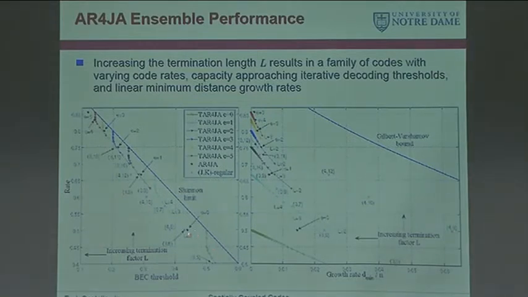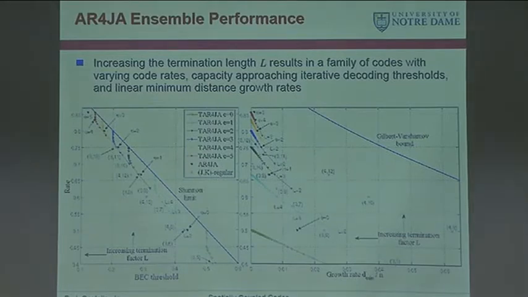Here's the threshold of the basic ARJA, and it's still a little bit away from capacity. And here's the threshold of the rate 2/3 ARJA, and it's still a little bit away. And this is the rate 3/4, and the rate 4/5. They're still a little bit away. But with the spatially coupled versions of these codes, you can bring their